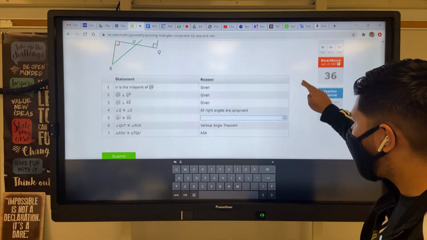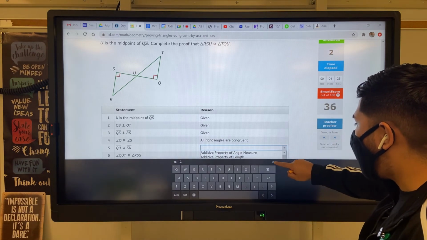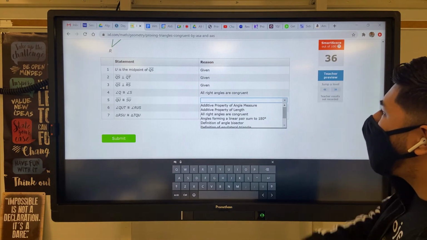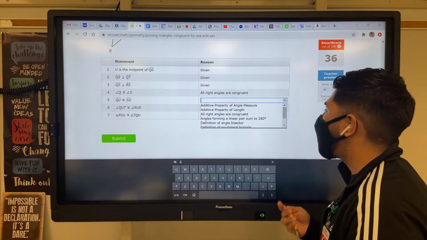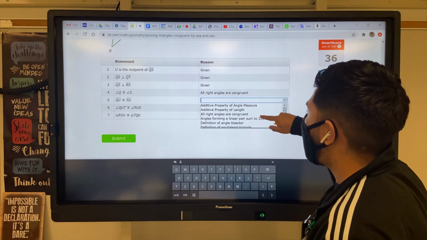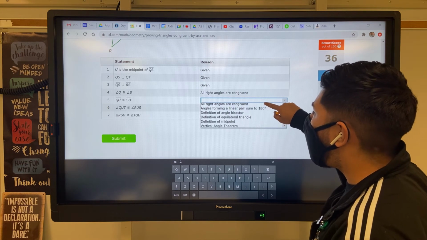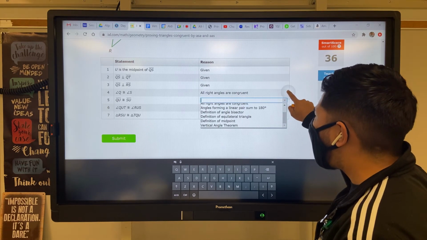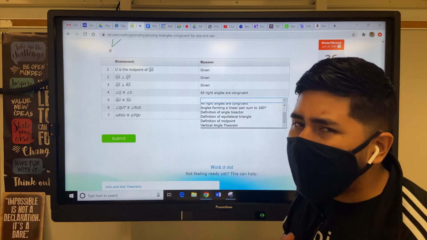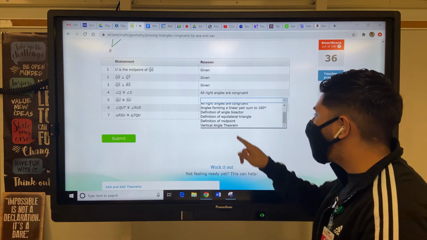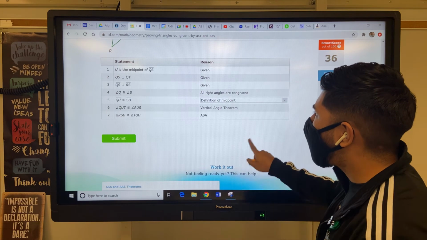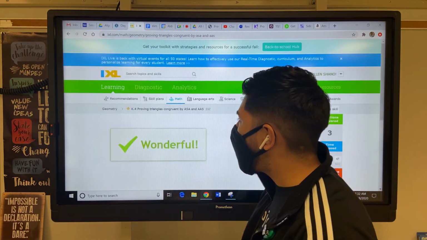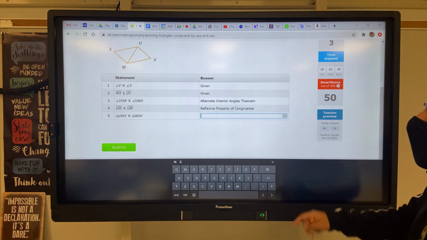So if I look through our options, additive property of angle measure, of course not, because it's talking about the midpoint. Additive property, no, all angles are correct. It's not an angle. Definition of angle bisector, that might be close, but it's not an angle. So, definition of a midpoint, of course. They gave it to you in the statement, so just make sure you understand what you're looking at, and boom,